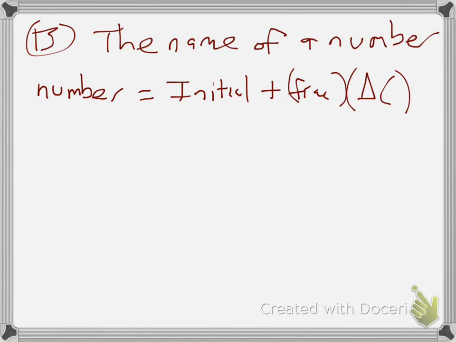Wait, so what's the bond? What's the left rest of that say? So it's a number equals the initial plus some fraction or percentage of the changing coordinates. The changing coordinates are the things we just dealt with. The x1 minus x2 or x2 minus x1. Okay? So what we're going to ask you to do or say is,